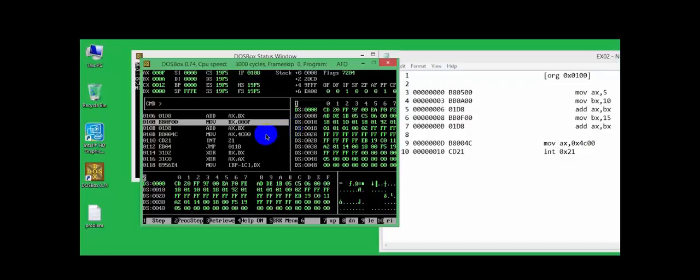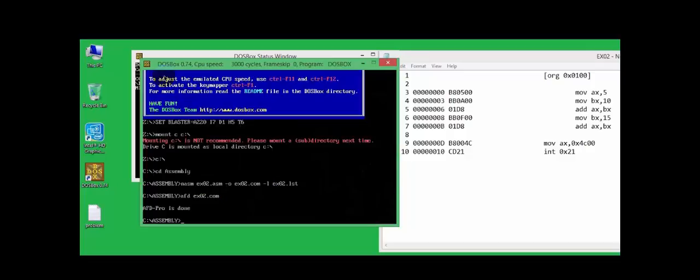And then last, when we press F2, the BX value is F, meaning 15, and AX becomes 1E, meaning it has added up three values by using registers. So this is how you can use registers.